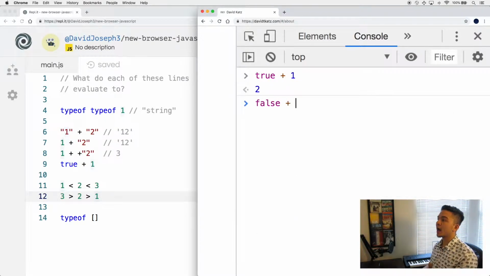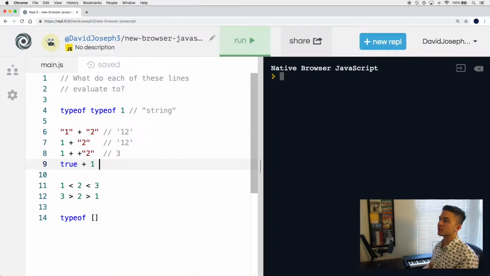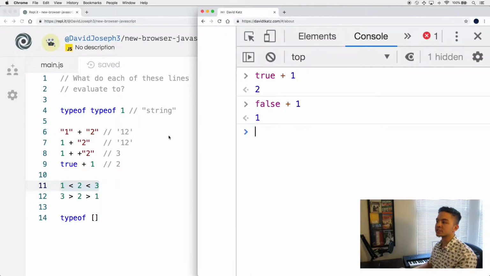To complete the example, how about false plus 1? False should have the value of 0, therefore 0 plus 1 is 1. So we've seen that true plus 1 is going to be equal to 2. Cool. Now we get to these lines with the less than signs, 2 of them, and then the greater than signs, 2 of them as well. The trick to this one is to apply the same trick as line 4, where we have the typeof. This is all about order of operations. For this overall line, the first thing that is going to apply is 1 less than 2. So first we have a set of parentheses around this, and certainly 1 is less than 2, which gives us